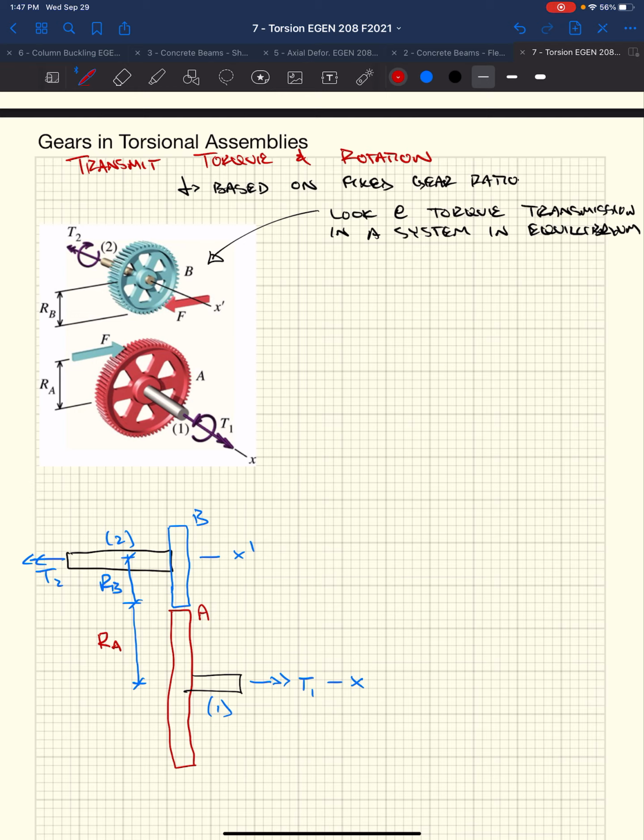So if we sum the moments at gear A about our x-axis,